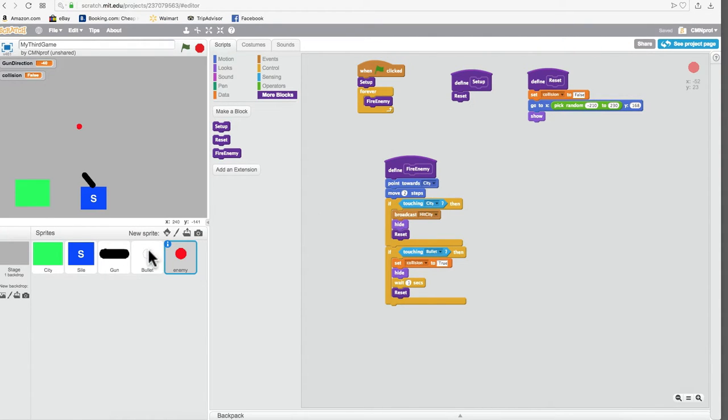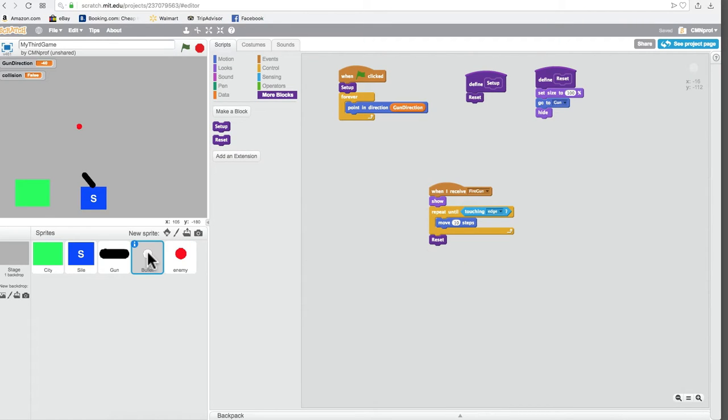All right, let's look at the bullet script. So we go over to bullet here and we look at the script, and right now we have, after we fire it, when we receive the fire from the gun, we show the bullet. We repeat this jumping thing until you hit the edge, and then we reset. Well, we need to do